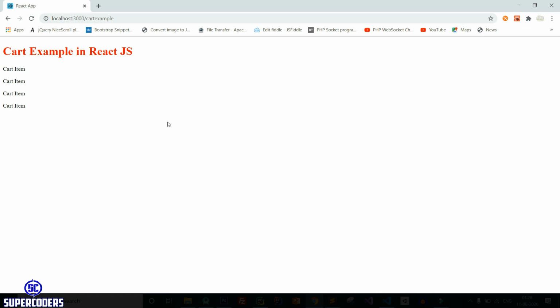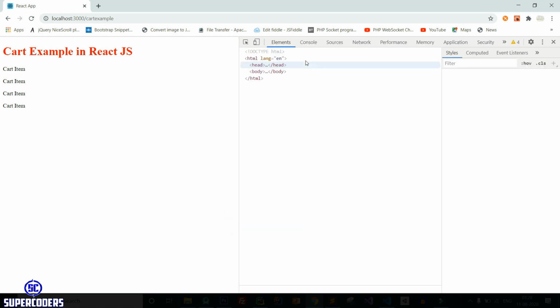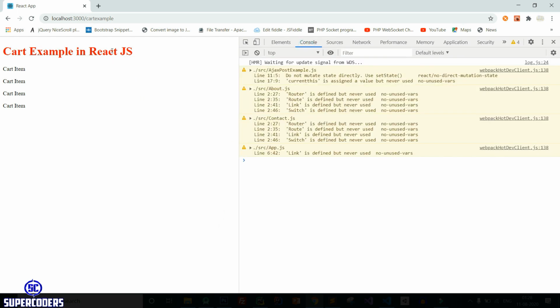Now let's see how you can access this data which we pass in our child component. So before starting, let's open our console. Right click console. Also install one thing in your browser, which is React Developer Tool.